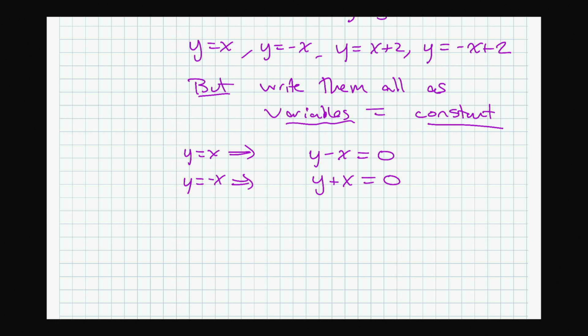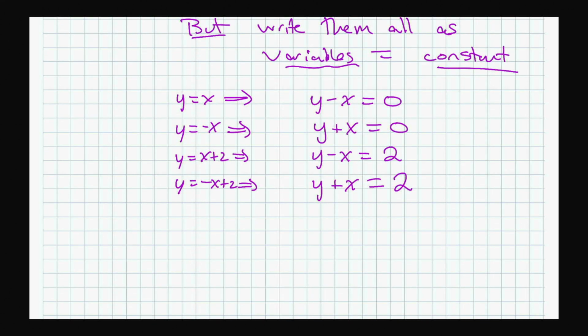And then the third one was y equals x plus 2. If you put the x over, it would be y minus x equals 2. And then the fourth one, y equals negative x plus 2, move the x over, you would have y plus x equals 2. Okay. And then what you realize if you write them all this way,